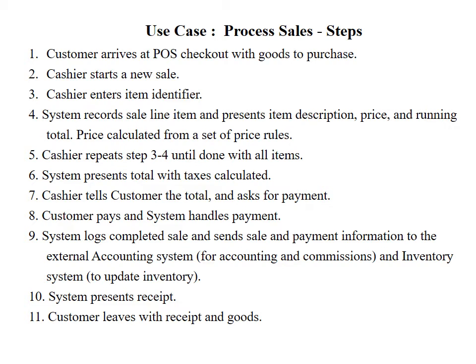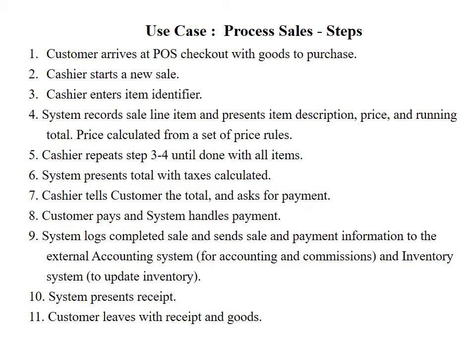So for example, if you are choosing an item, a biscuit packet, suppose currently the available count is 50, after you purchase it the item count should be decremented to 49, so that with the help of this information, the inventory manager will do the updation. To update the stock, he will come and collect information from here. So this is what the fourth point says. The price is calculated from a set of price rules, right? So the system records the sales line and also updates the stock.